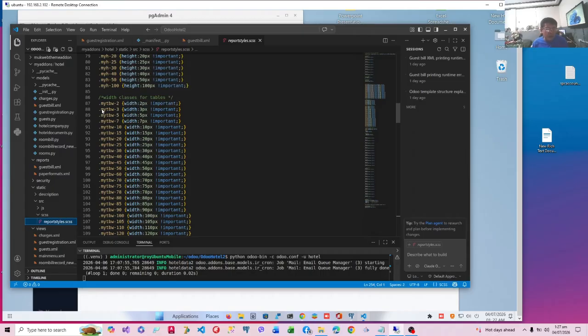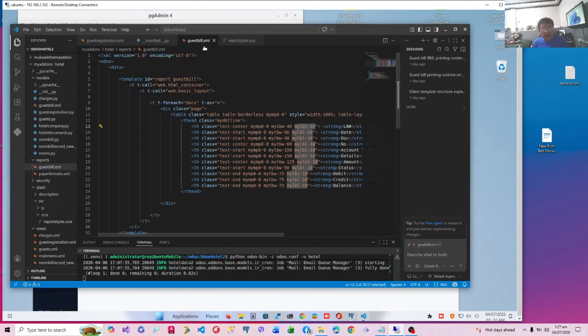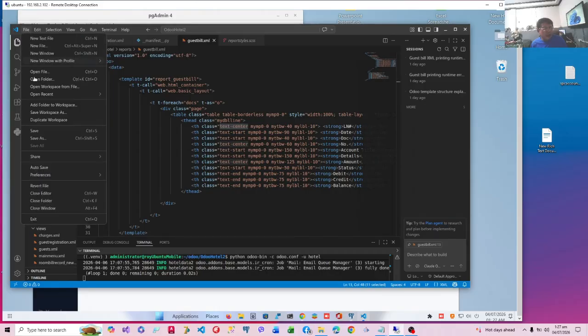Okay, you know what they are. When we say TB-W, that's 2 pixels. That's very important, because you will not be able to align your report properly if you don't have the necessary classes for width and font size. Fortunately, there are already classes in Bootstrap, which are included as part of the assets of Odoo 19. Okay, let's save this.